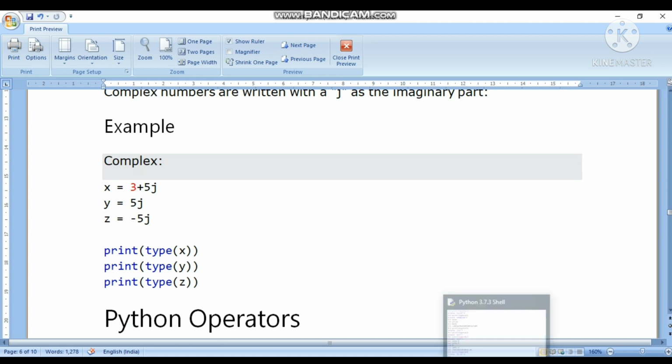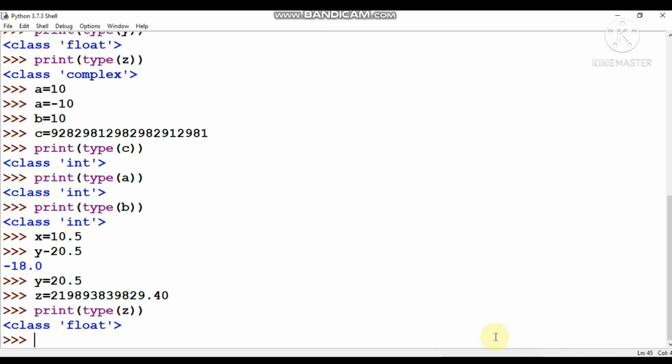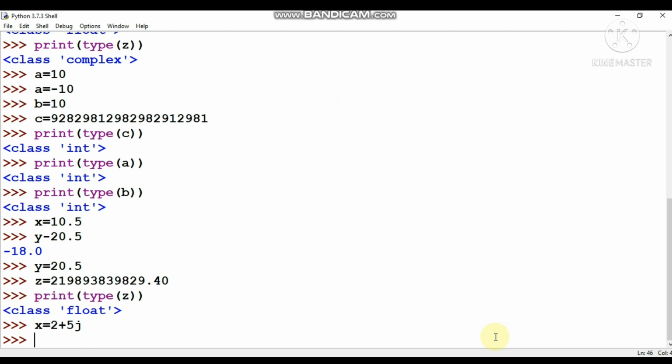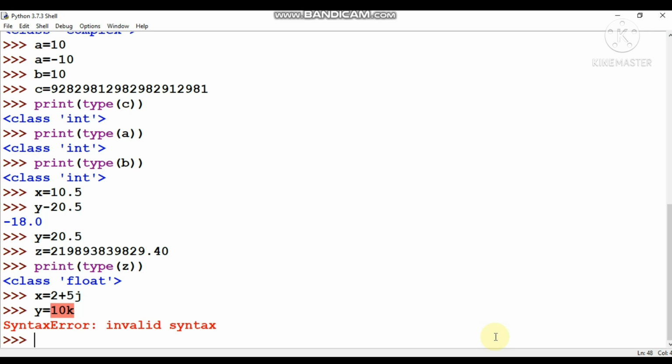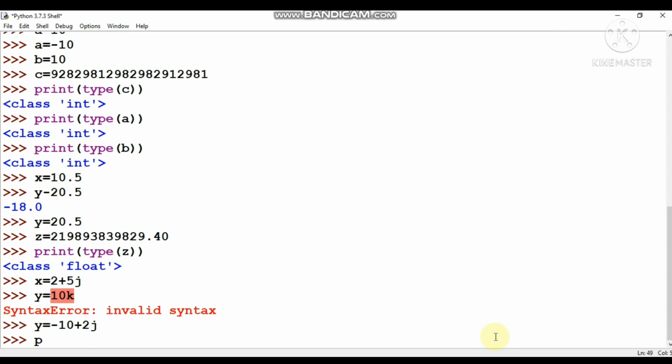So let's see practically about the complex number. If we are writing x equal to 2 plus 5j, and y equal to minus 10 plus 2j, and when you print type y, it will return complex.